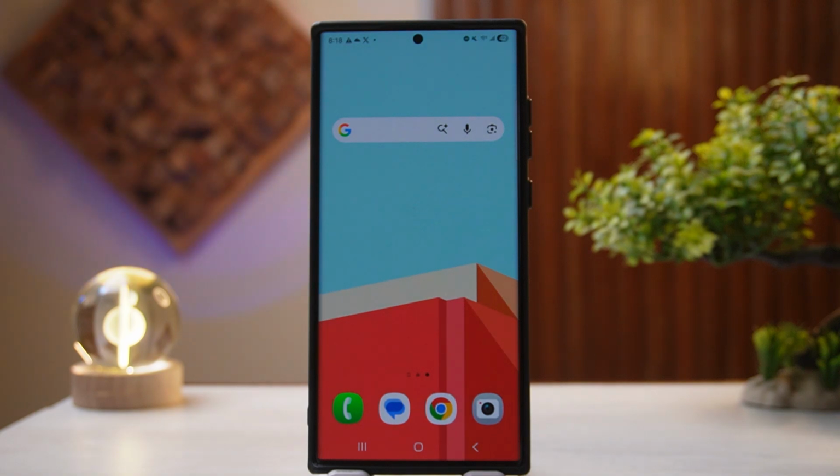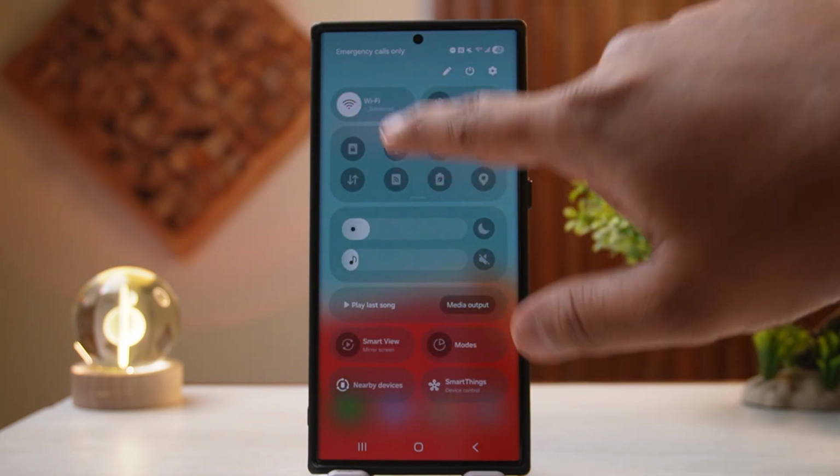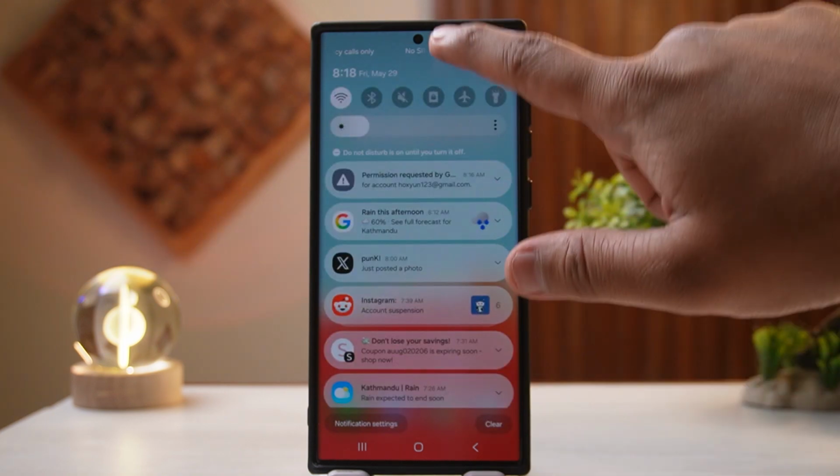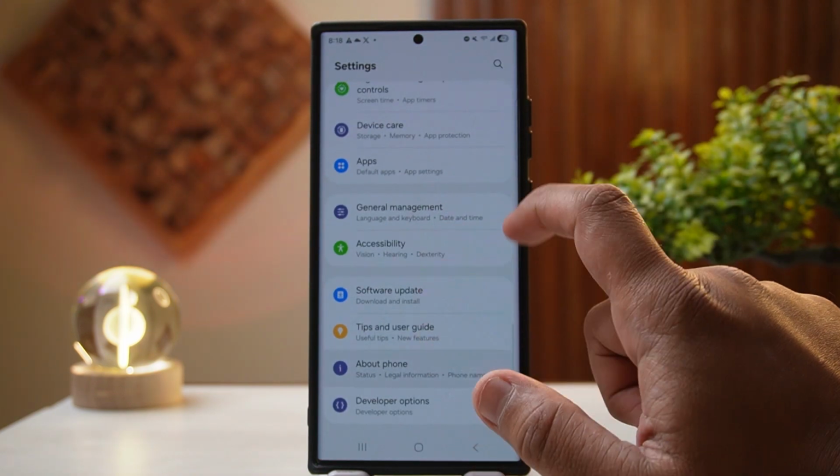Today's video is going to be about how to download TikTok on Android step by step. The first and foremost thing that you must ensure is that you're connected to a Wi-Fi or a mobile data network. The other thing that you must ensure is by heading over to settings, scroll down to find about phone,